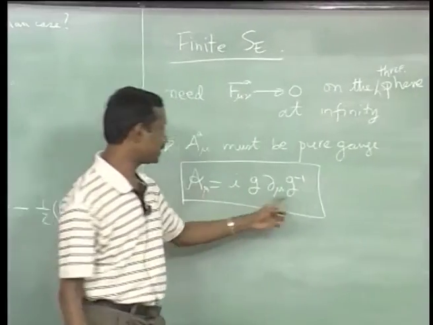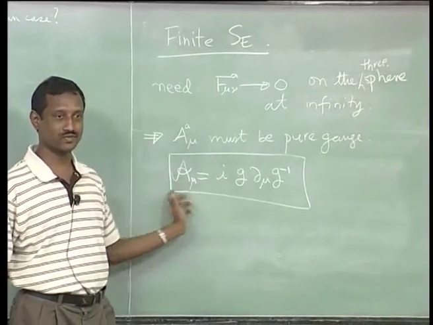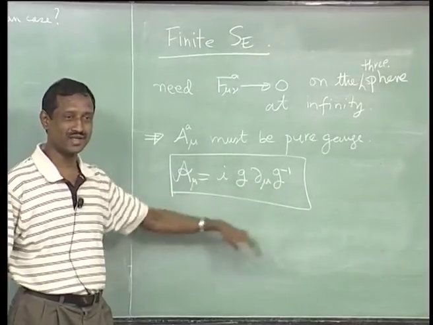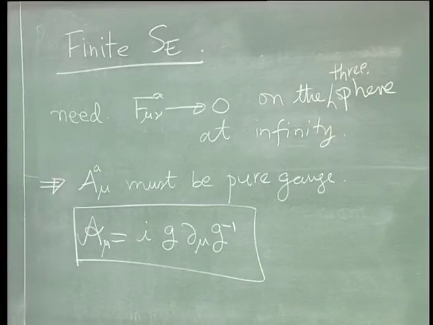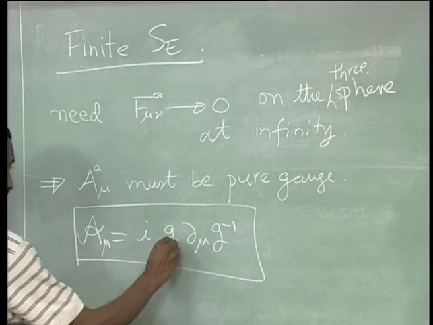Except now I have written it in terms of Lie algebra valued elements, and that is why it is easier to write. Otherwise, if I had to write it in terms of A_mu^a, it is a headache. That is one reason to go back to this. Okay, this is what we need to do. So in other words, for configurations,